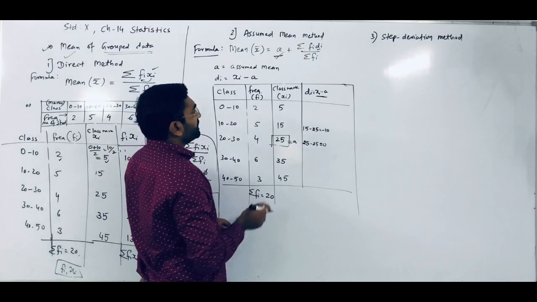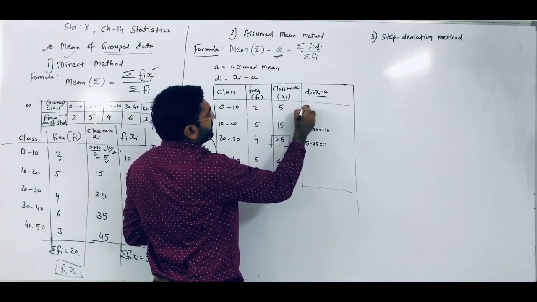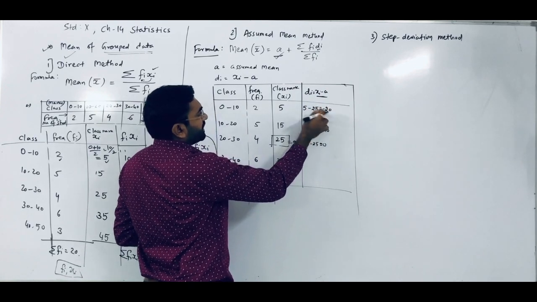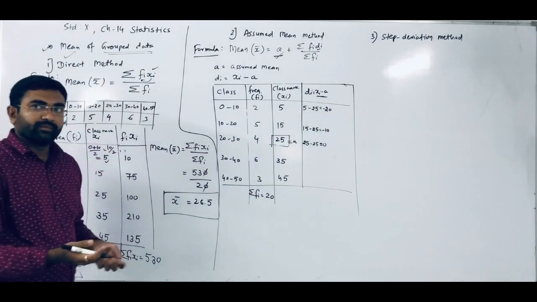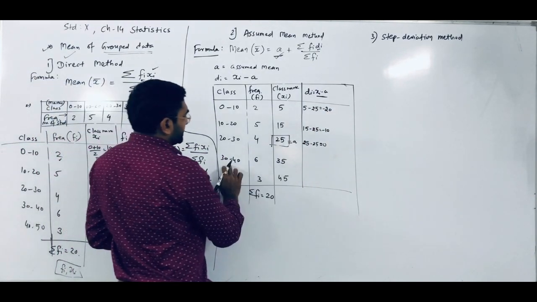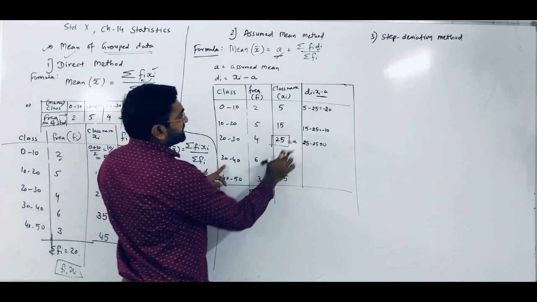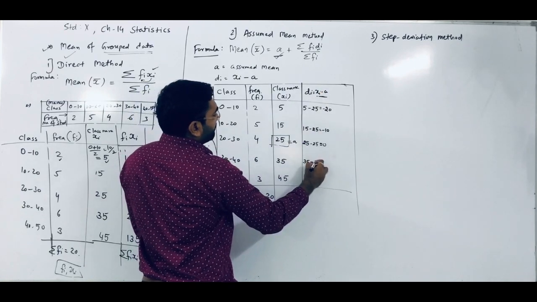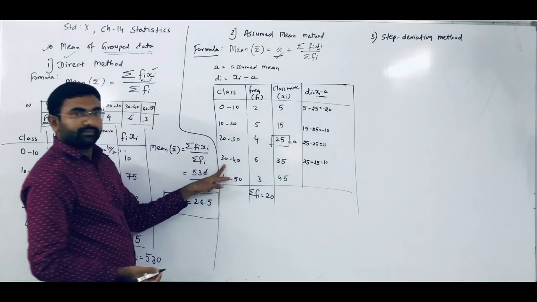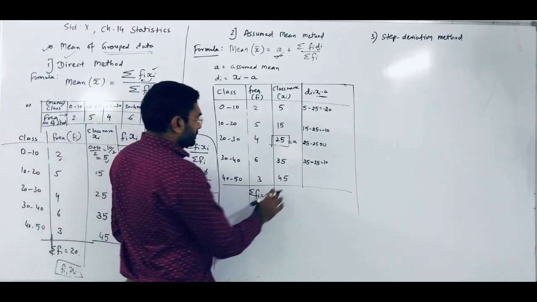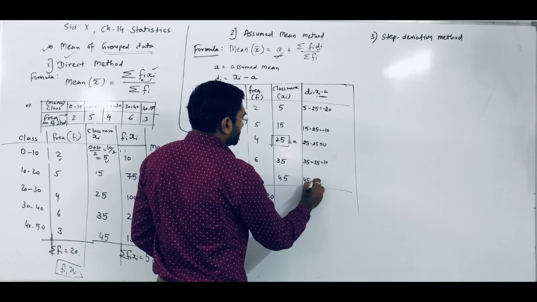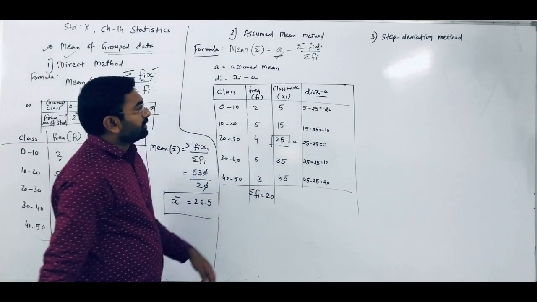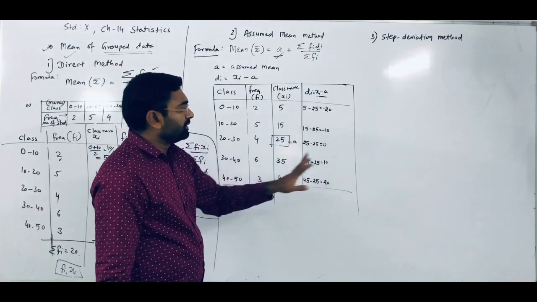Suppose we have to find the first class di value. So for the first class xi value we put 5 minus the a value which we assumed, 25. So 5 minus 25 is what? Minus 20. Now suppose we find the next class di value. We first write its xi value, 35, minus 25. So 35 minus 25 is 10. And for the last class, xi minus a gives us 20. So these are all the di values: minus 20, minus 10, 0, 10 and 20.